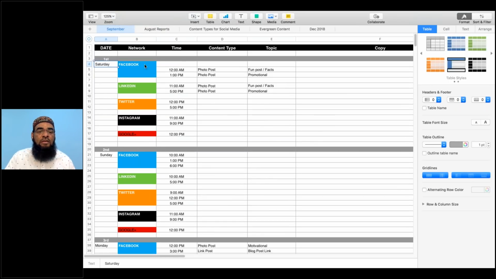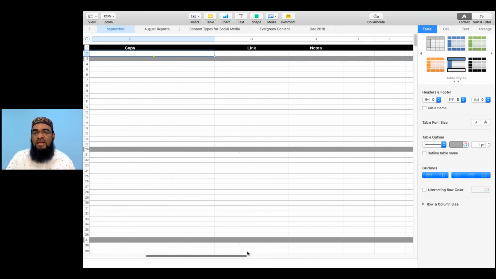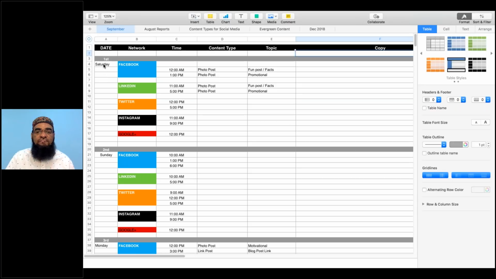All right, so there we have a very detailed approach. For example, it's already predefined with the date, network, time, content type, topic, your copy, what you want to post about, and then link, notes, anything you have. Starting with the date, it has a date and a day as well. And then on Facebook, what time you are going to post, what will be your post type, and what will be the topic.